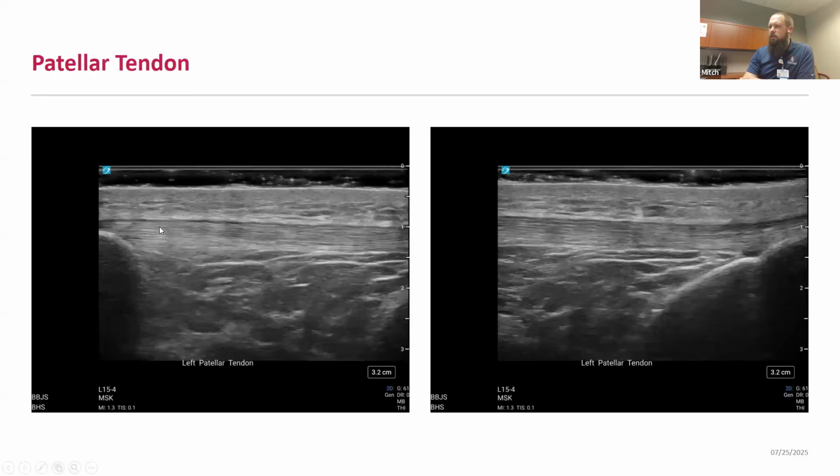Scanning down to the patellar tendon, again, your normal linear fibular structure, similar to the quadricep tendon, attaching at the inferior pole of the patella and down at the tibial tubercle. In these areas, you also identify your infrapatellar bursa, which there's a superficial, which is anterior to the patellar tendon, and then a deep infrapatellar bursa between the distal patellar tendon and the tibial cortex. Some trace fluid within that deep infrapatellar bursa is considered physiologic. And so in this case, we see some trace fluid here, but that is normal.